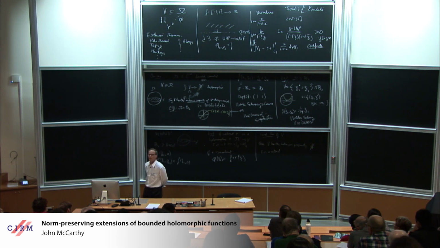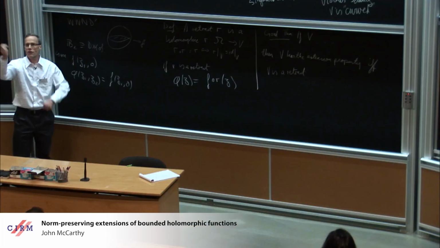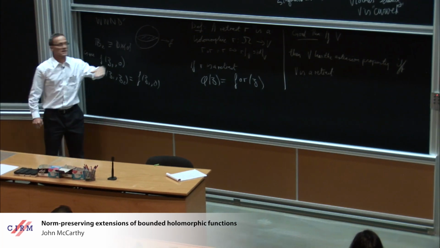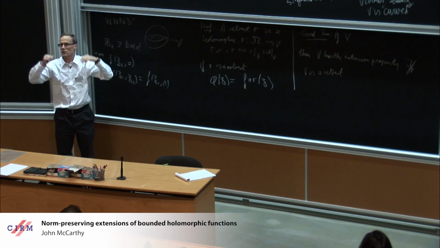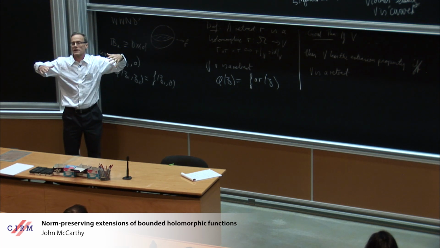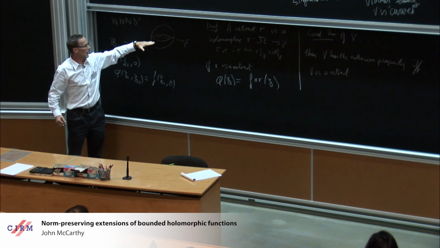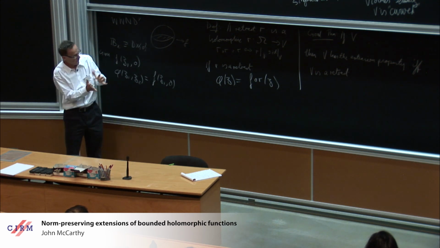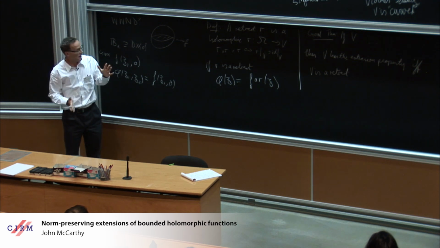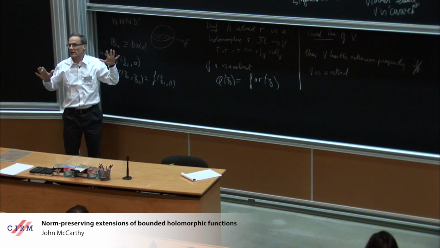Well, we're going to need to put some restrictions on V, because if I take even a nice set here, and now I start throwing points away until I'm just left with some dense subset peppered with holes, well, the holomorphic functions on this dense set are going to be exactly the same as on the original one. Whereas a retract is a very rigid geometric object. So we're going to have to at least assume that V is geometrically nice in some way.